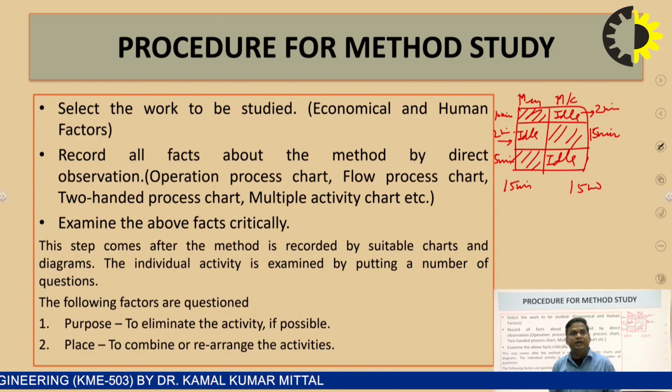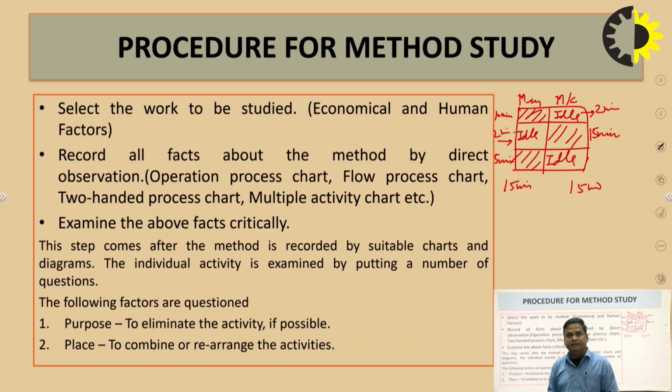Similarly, we can use the two-hand process chart. The objective of the two-hand process chart is to show the relationship between two hands, left hand and right hand, and it shows the imbalance of the motion or the activity done by the two hands, and it is helpful in deciding how we can utilize the two hands in a more effective manner, so that the fatigue of the operator can be minimized. Then we are having some other steps like examining all the facts critically, then develop, define, implement